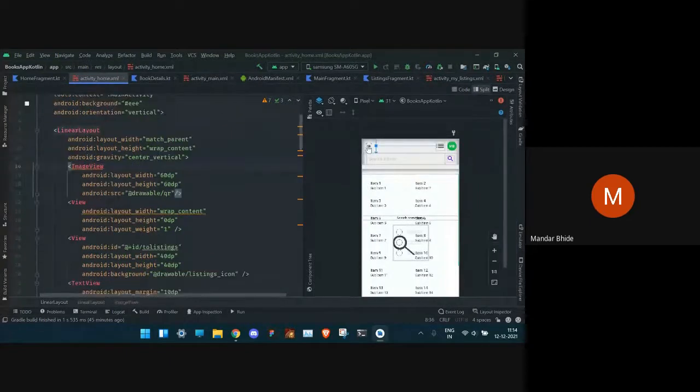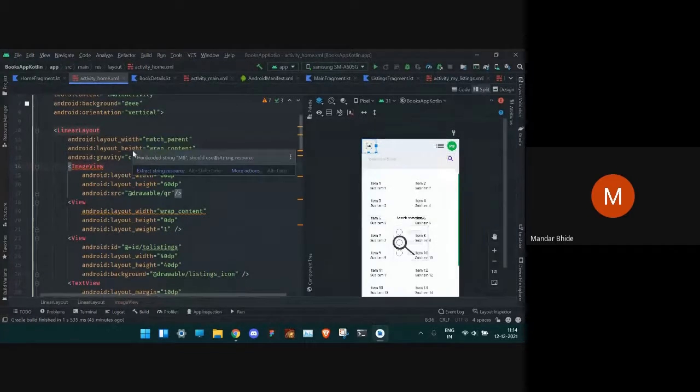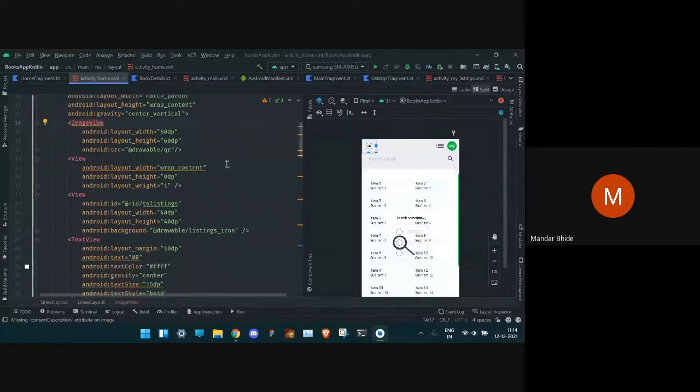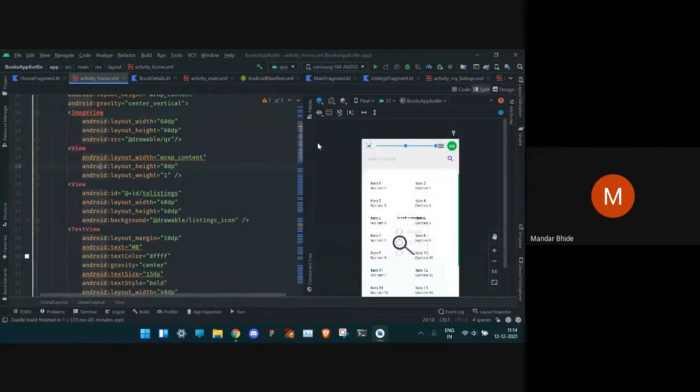Here you can see this top bar is a linear layout. It has an image view, which is a QR drawable, the QR button. Then there is a view that takes this layout weight property. This is making it work as, if anyone has done Flutter, there is a widget called expanded, or in web there is, I guess, the flex grow CSS property.